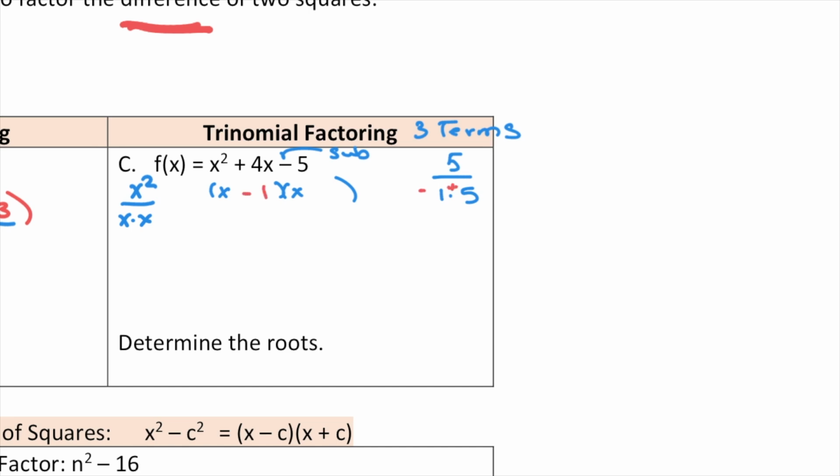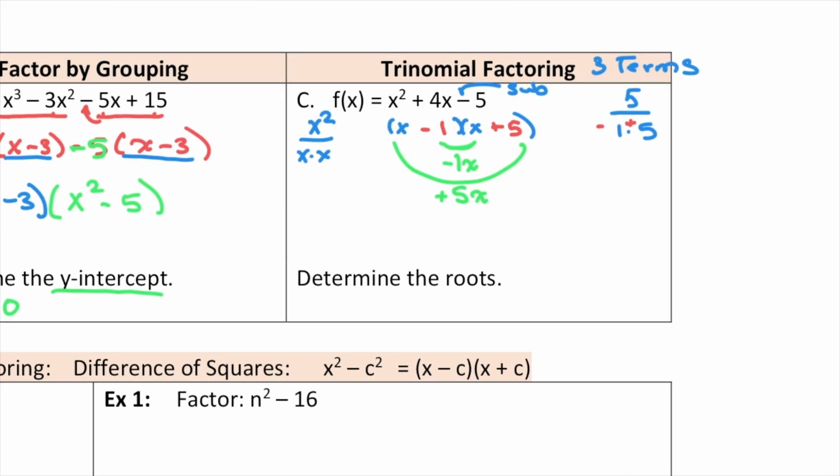positive 4. And we know with the trinomials, it's in our best interest to check our middle terms to make certain we get that positive 4 we were looking for. -1x plus 5x does give us the middle term, and we know we have factored well. When you're determining the roots, that means you're going to let f of x equal 0, or you're solving for each one of our little factors. So we want to know where x plus 1 equals 0, and x minus 1 equals 0, and where x